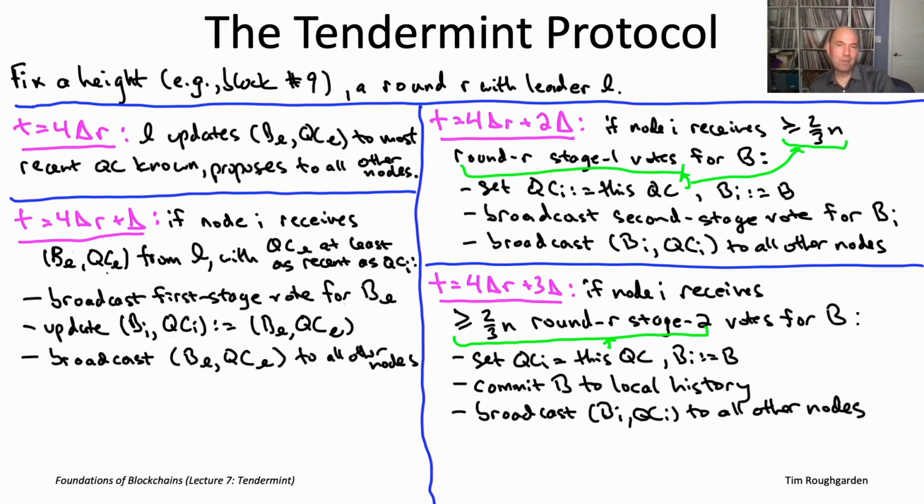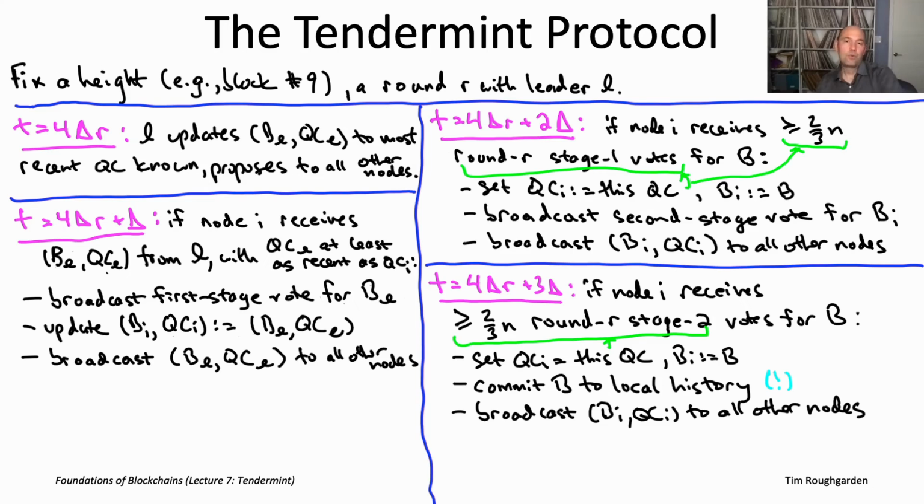And so we're seeing that happen in this fourth phase, right? If liveness is going to hold, it's going to be because nodes are regularly carrying out this commit that we see in the fourth phase. The negative emotion should be that maybe you should be worried about consistency, right? Our proof of consistency will certainly have to address the fact that, if one honest node commits to some block B as block number 9, it better be the case that any other honest node who ever commits to anything as block number 9, it better be this exact same block, capital B. That's the responsibility of the consistency proof that we'll see in the next video.